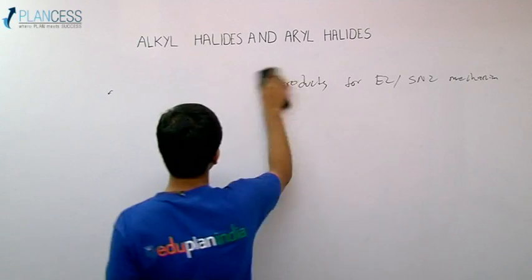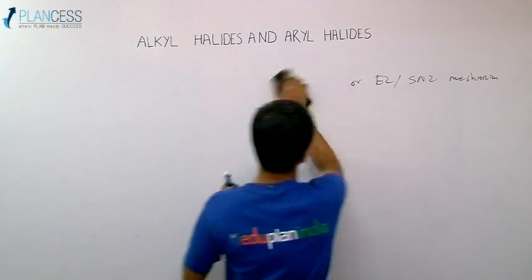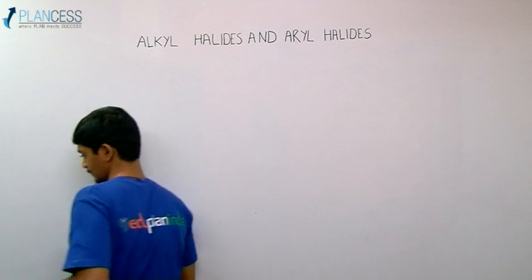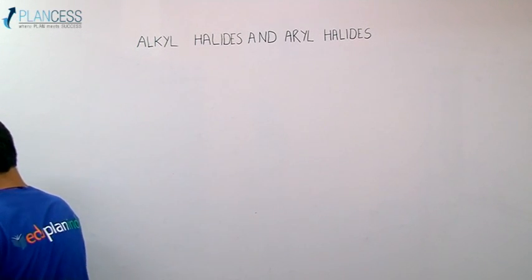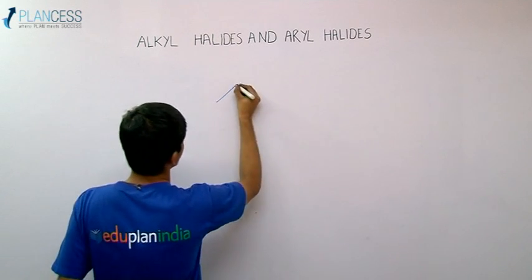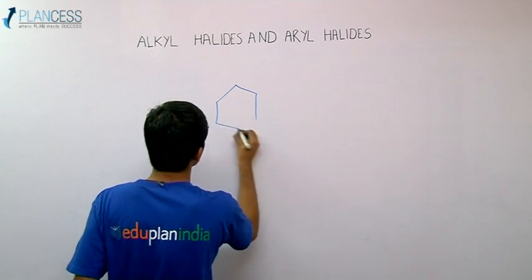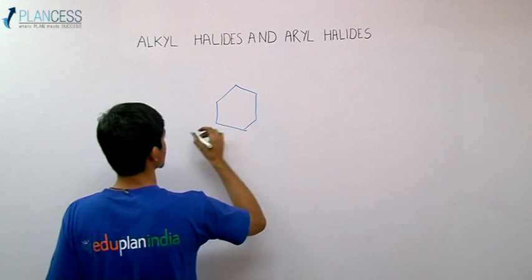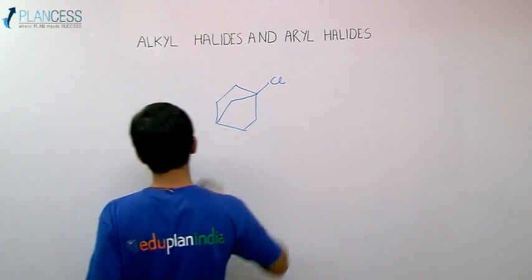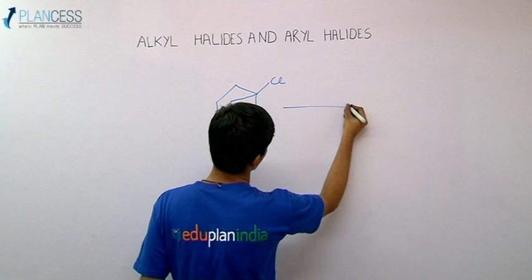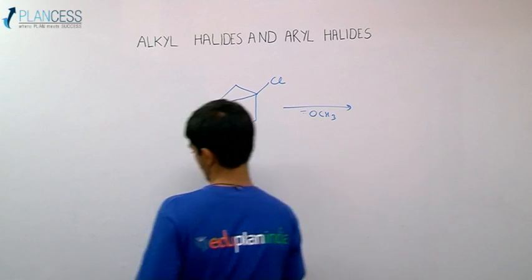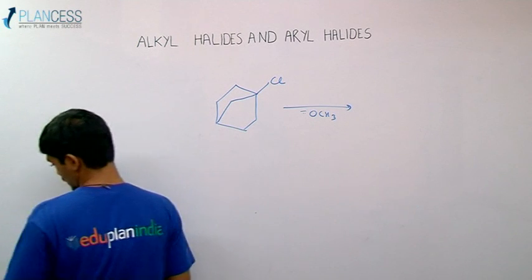The question says we have to choose from one of the four options, so it is actually a single correct option. The question is this: there is a ring, and there is actually a bridged ring, and we have a Cl over here. Now this on reaction with OCH3 minus gives you what? The four options are